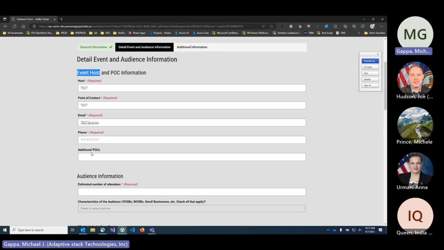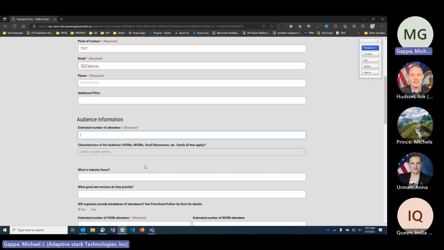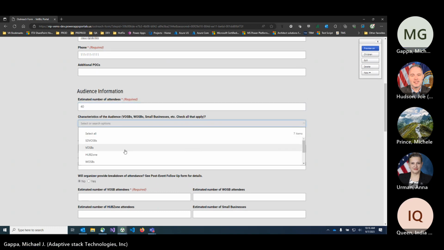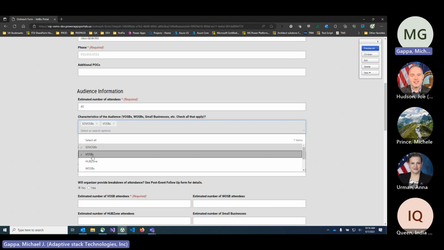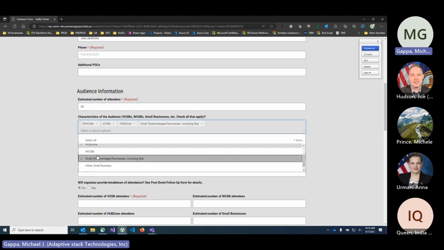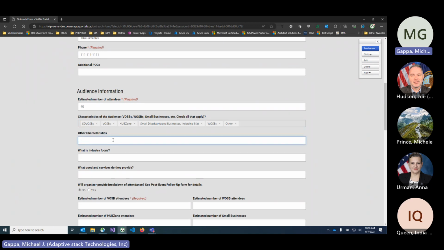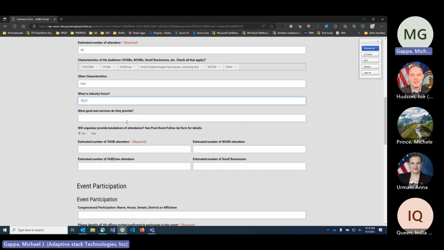Additional POCs, estimated number of attendees. Here, I'm just going to put in 40. They can select the characteristics of the event. They can multi-select if they need to. If they select other, they could type in other characteristics here. The industry focus, the goods and services they provide, estimated number of VOSB attendees, and